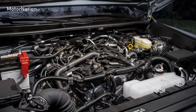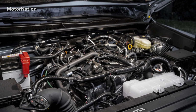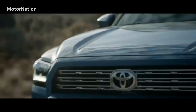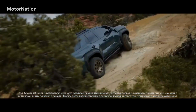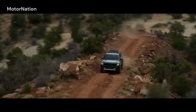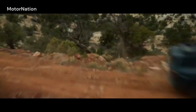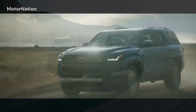All 4Runners come with a 278 horsepower turbocharged 2.4-liter four-cylinder and an 8-speed automatic transmission. A rear-wheel drive layout is standard, but a full-time four-wheel drive system is optional and comes with a 2-speed transfer case with high and low range. All manner of terrain-conquering equipment is offered, including optional disconnecting stabilizer bars, a locking rear differential, and an off-road cruise control system. The hybrid models are available with even more off-road goodies, including manually adjustable dampers, but we review that